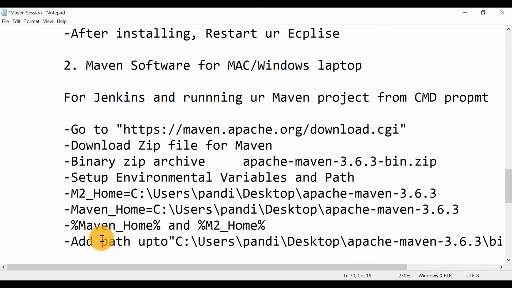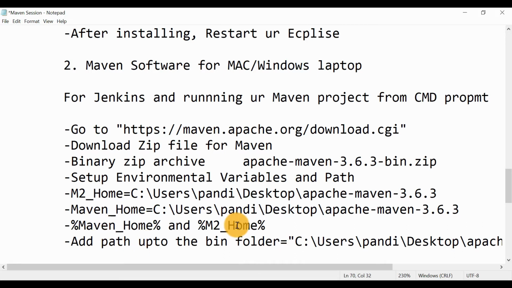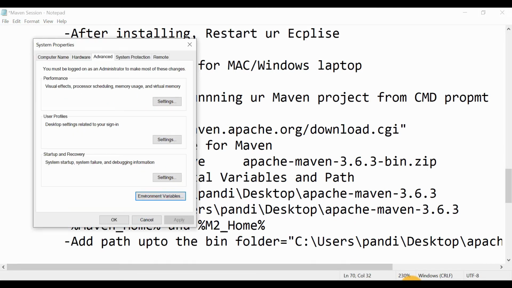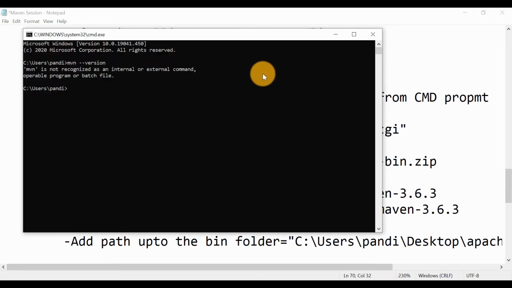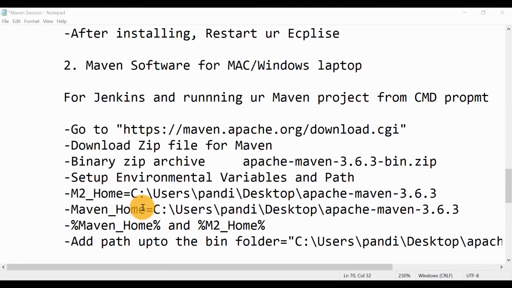Add path up to the bin folder, like this. So now we are done. Setup thing is done for our Windows machine. Click on OK. Now reopen the command prompt,